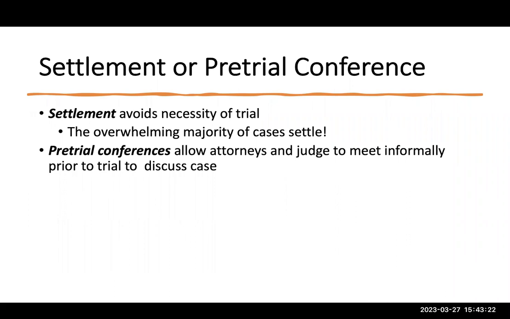So this is another type of ADR, this time conducted by the court. As the text points out, the overwhelming majority of cases never go to trial, and they settle somewhere along the way, whether it's before a lawsuit is filed, shortly afterwards through some kind of mediation, and again, sometimes through the mandatory settlement